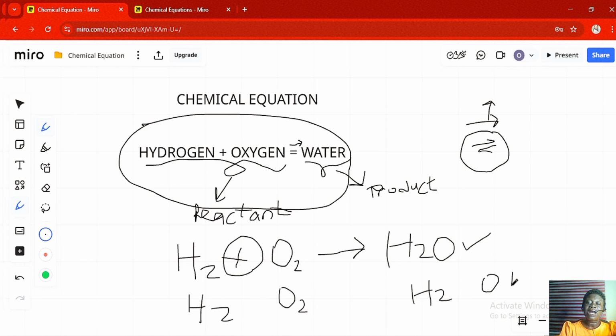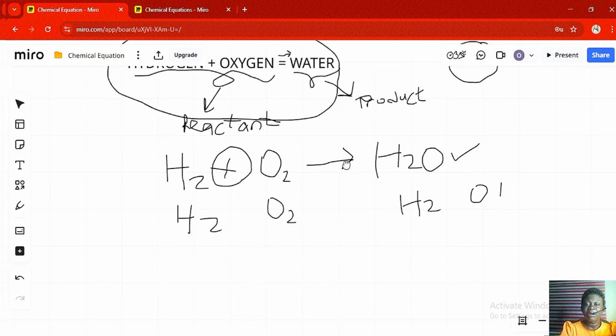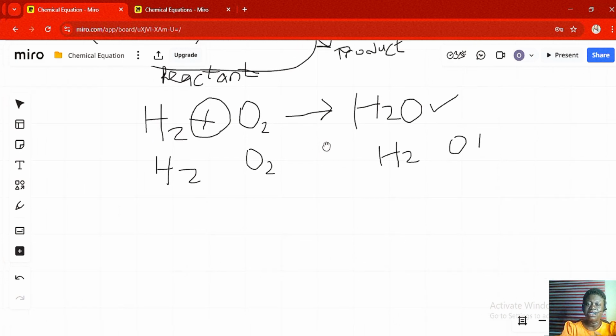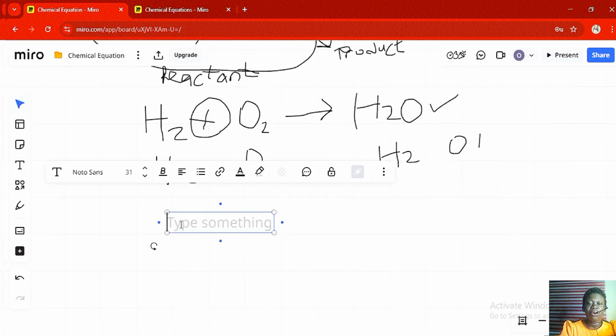Now, we will look at how to balance a chemical reaction. There are rules in balancing chemical reactions. That is what we are going to be looking at. Rule number 1: